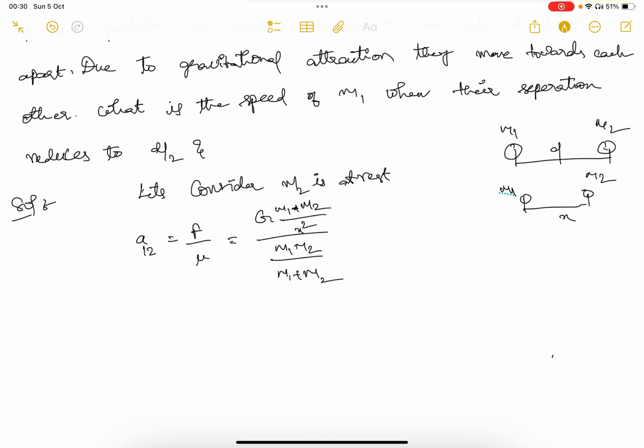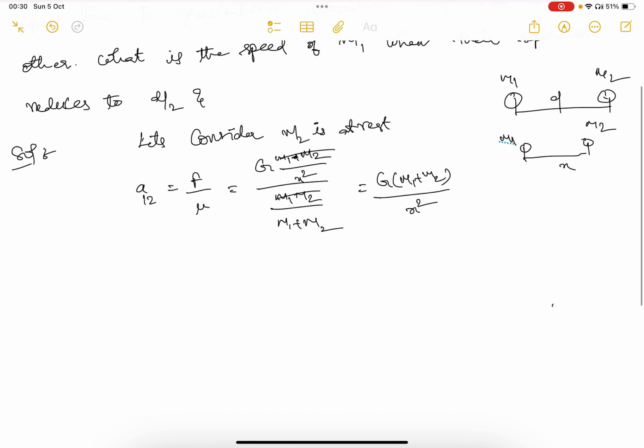So this m1 m2 will get cancelled. Then this will be G into m1 plus m2 by x square. Fine. As we know, acceleration is dv by dt, which can be written as dv by dx